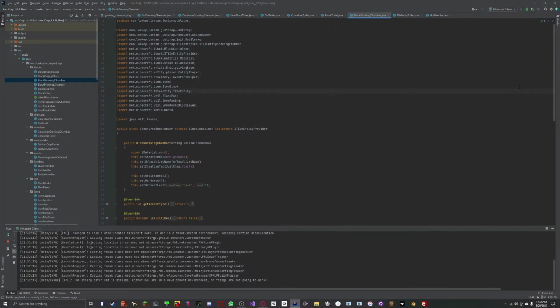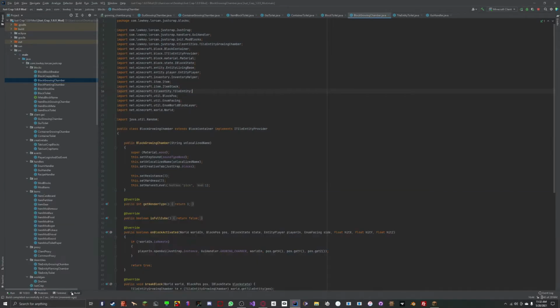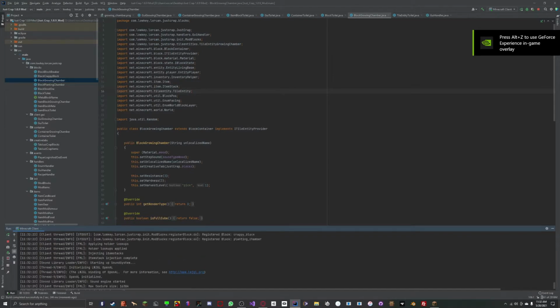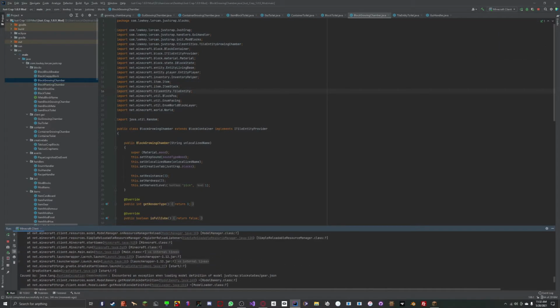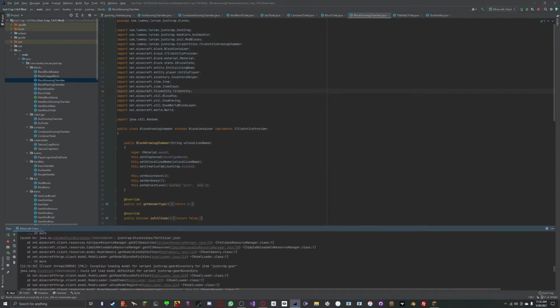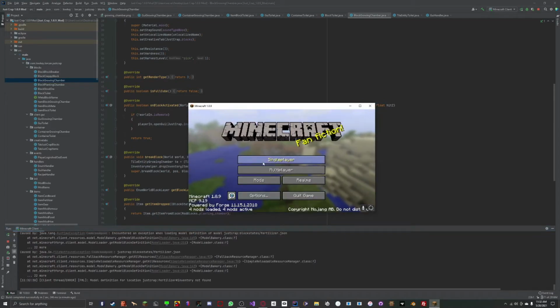And you might see in the console or the terminal or whatever you have open that you have a few errors. You might see that you get a few file not found exception errors, such as here. This is just a language not found exception error. However, these don't actually matter, because if I load up my Minecraft,